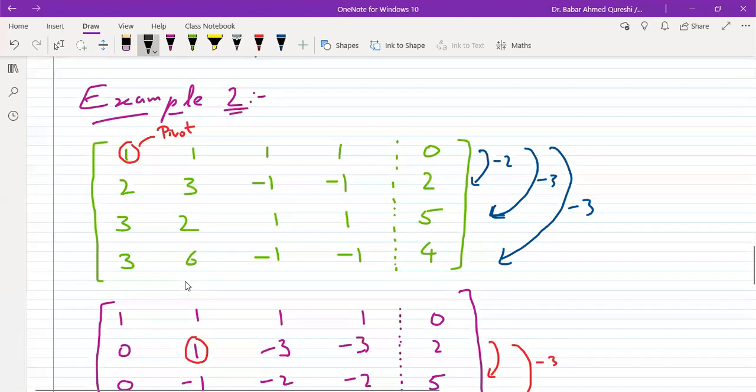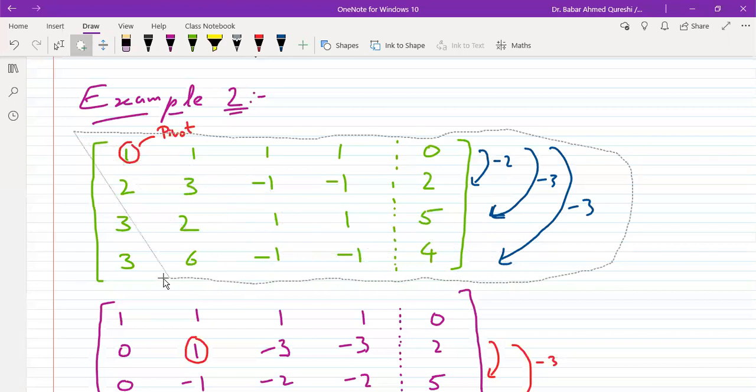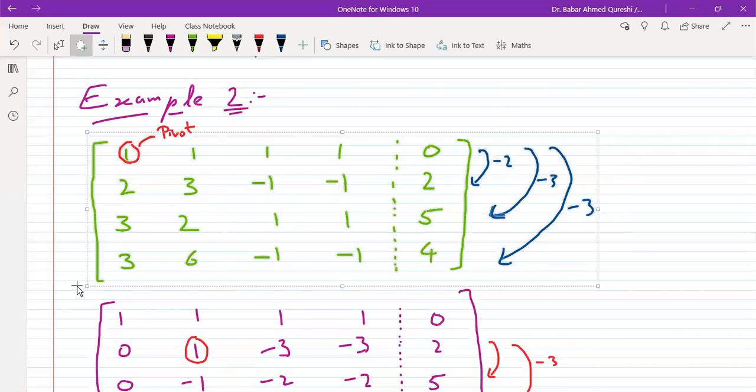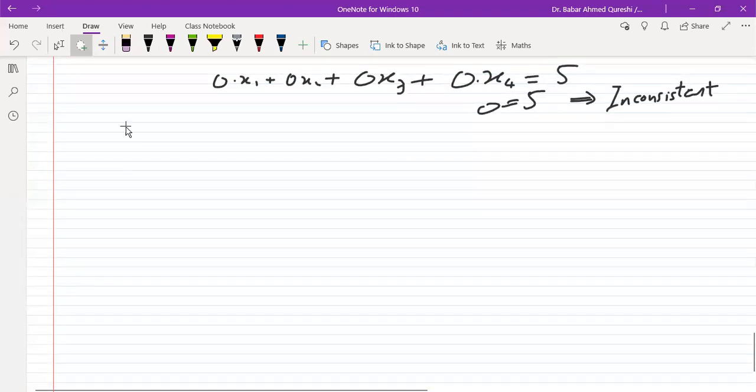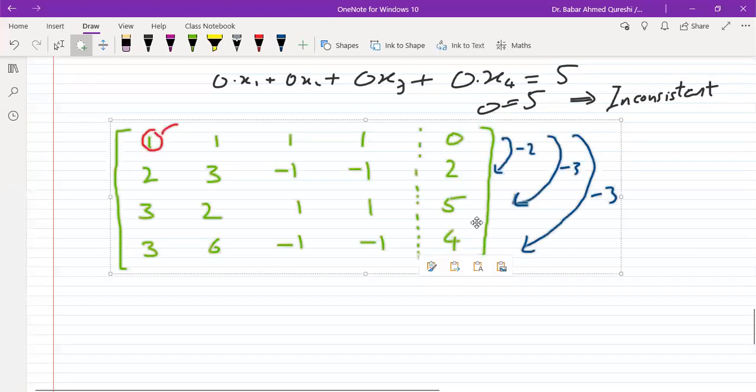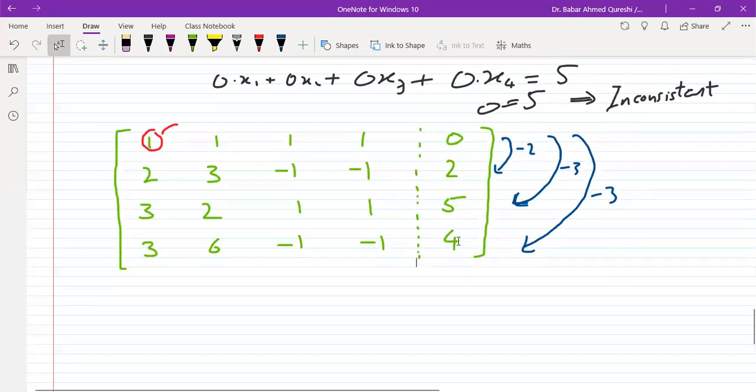Let me change this. Okay, let me copy it. And let me change this. This is my starting system, starting equations. And change it to